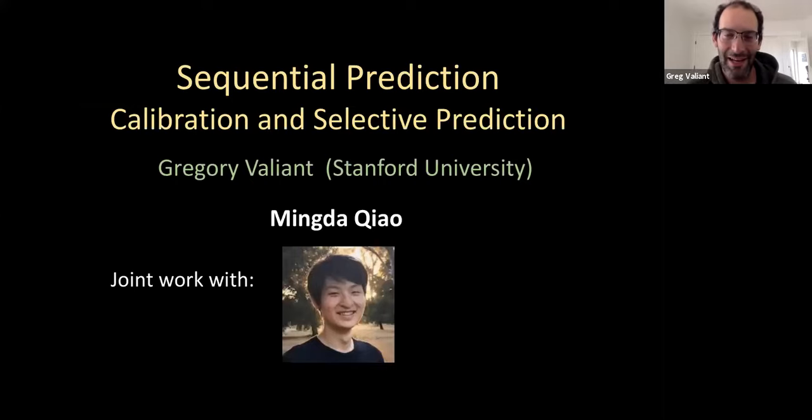Okay, cool. So I'm going to talk about two different settings in sequential prediction. This is all joint work with Mingde Chao, who's one of my PhD students. This photo is pretty apt. It looks like he has a halo, and he's phenomenal. This falls into a broader space of problems I've been thinking about, which is how do you think about learning and estimation in settings where you try to remove most or all of the usual assumptions on the underlying data.